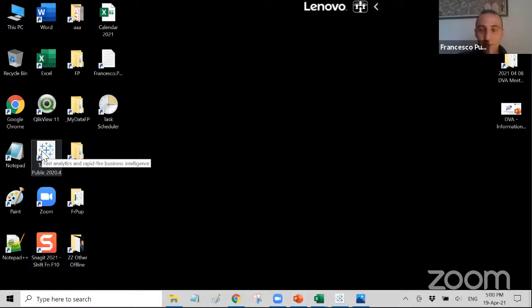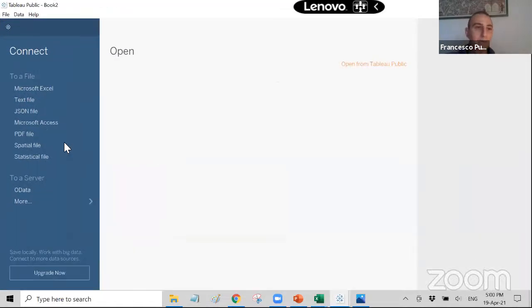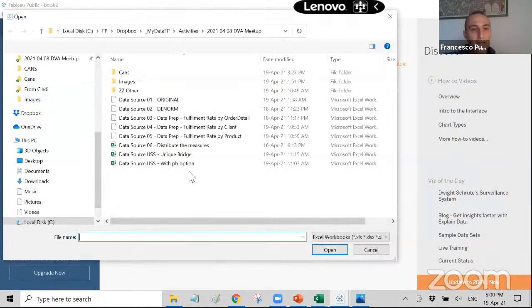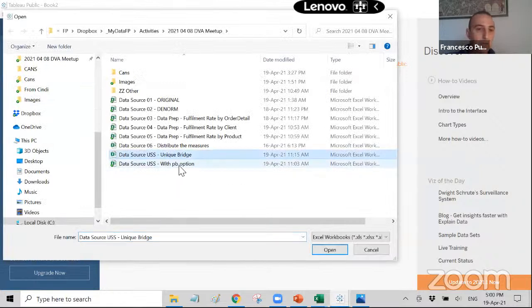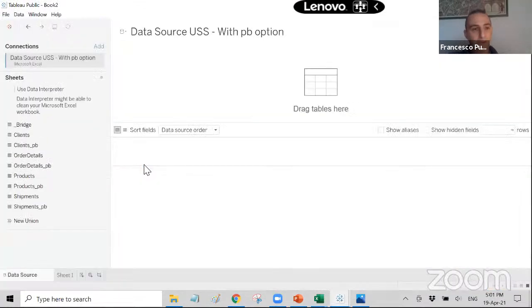I just go to the point and I open one more. So this is the final demo, the most important, because I'm showing you the baby. So I have 2 solutions, unique bridge or with the PB option, with the Puppini bridge tables option. But actually this has everything. So I go directly to this one. So you see how it works. If your data fits everything, like it's not too big, you can start with the bridge. But because you guys want to immediately address the challenge of performance, I understand that. So we can do it. That's an example with portions of the bridge.